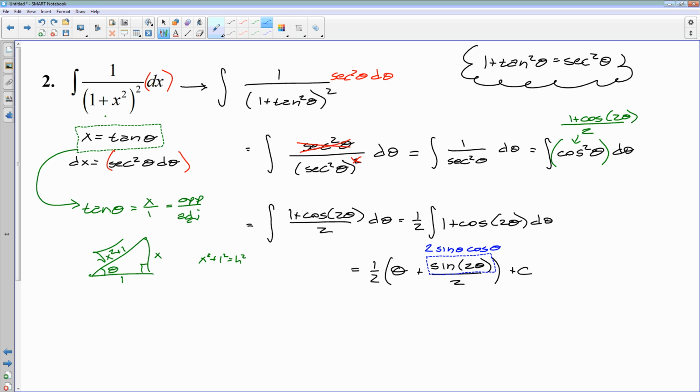If I use that identity, now I can actually look at this triangle. So I'm changing this to 1/2 theta plus 2 sine theta cosine theta. Ooh, look at this. The 2's cancel, don't they? That would just leave me with sine theta cosine theta